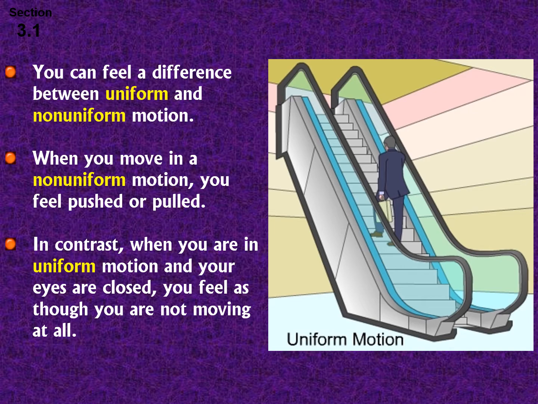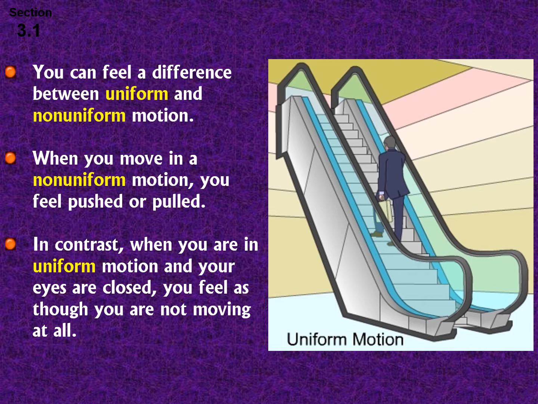So again, it says at the bottom, if you're in uniform motion with your eyes closed, you shouldn't feel like you're moving. Like right now, let's say you're in a safe spot in a chair, close your eyes, it doesn't feel like you're moving, but again, you are. Earth is spinning, among other things. The Earth is spinning very rapidly. Let's just stick to that one.